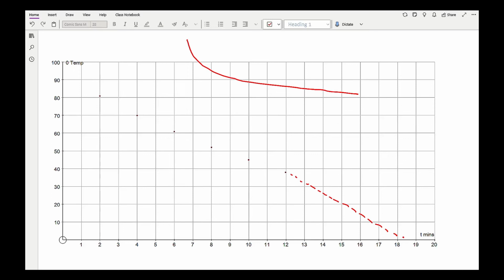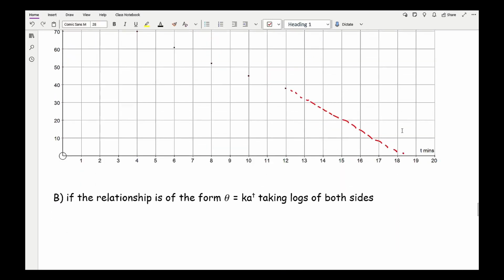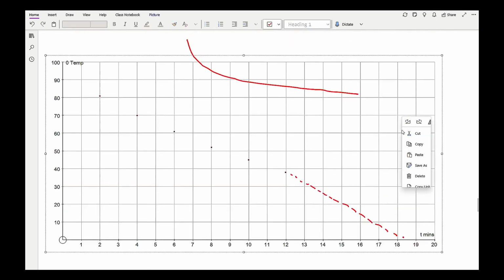So it's going to stay at room temperature. And that's where you tend to find that by adding a few more bits of extra data, it will then follow an exponential model. Even though your graph and data doesn't show that, you tend to find that that might be the case. Now, the second part of the question started talking about, if we return to what the question